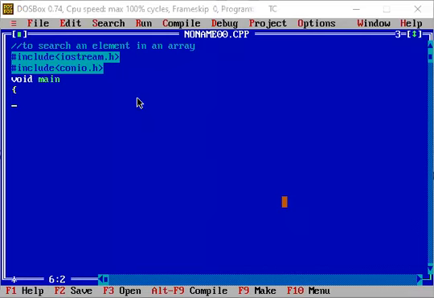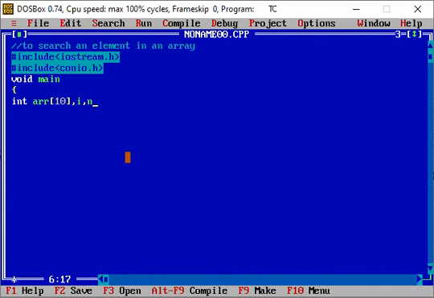Now we will take some set of variables here. The first variable that I'm going to use is int, and I will take an array, because we have to take all those elements in the form of array elements, and i is there.